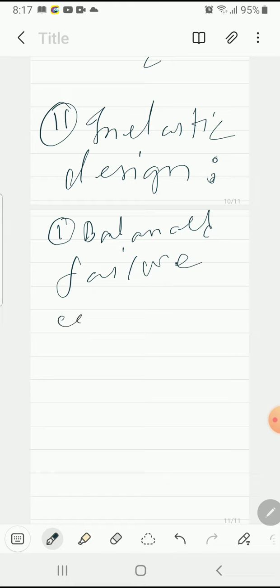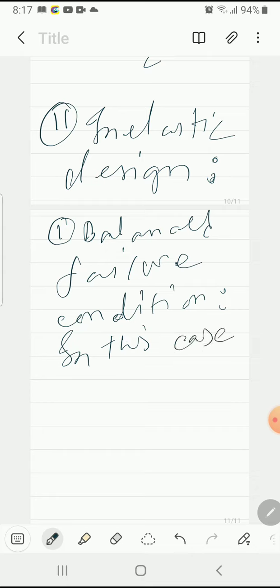Okay, balanced failure condition. In this case fc equal to f prime c. Okay, and fs equal to